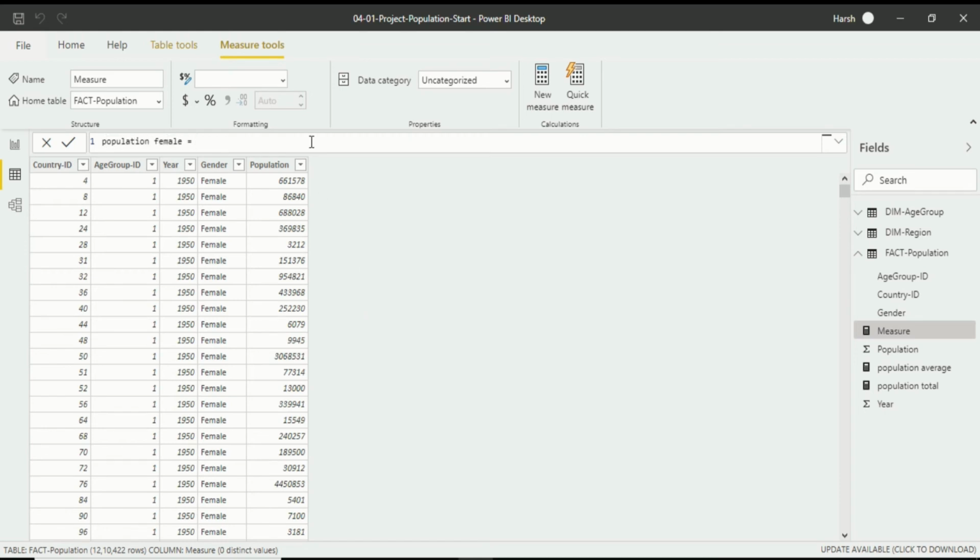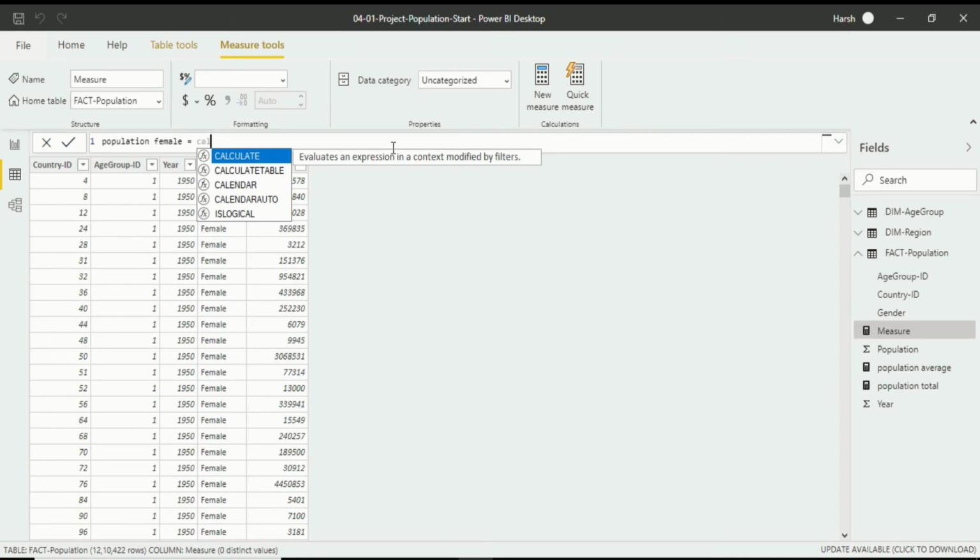Now we have to write a formula in which we will calculate the sum of the population of the female gender. For that we can use the CALCULATE formula, the SUM formula, and FILTER. So how do I write it? First of all, write CAL. You will get an option for CALCULATE: evaluate an expression in a context modified by filters. So if you want to apply filters in any formula, you have to use certain formulas for that. You can also apply it directly, depending on your calculation.